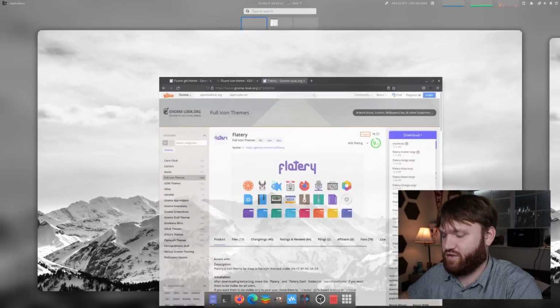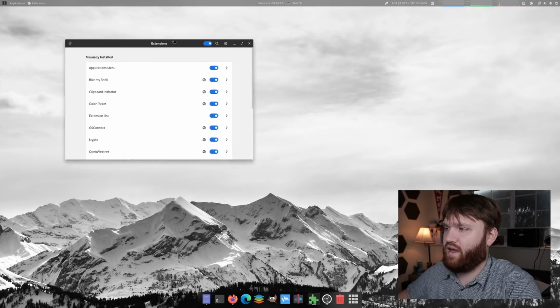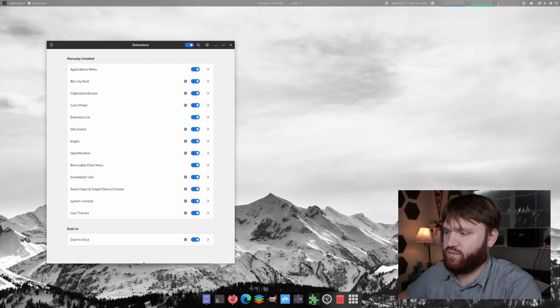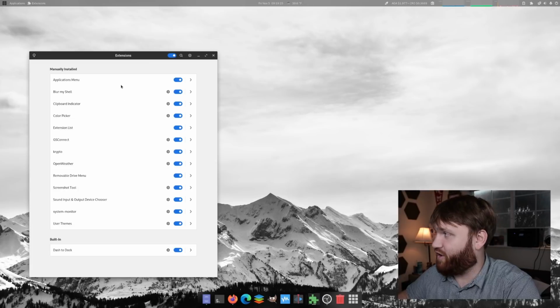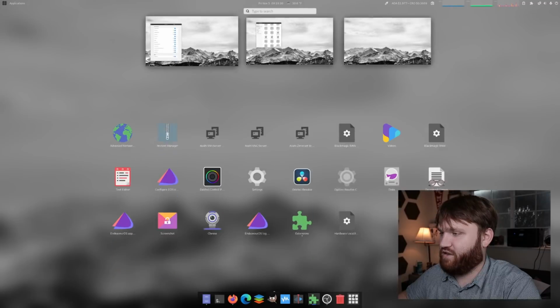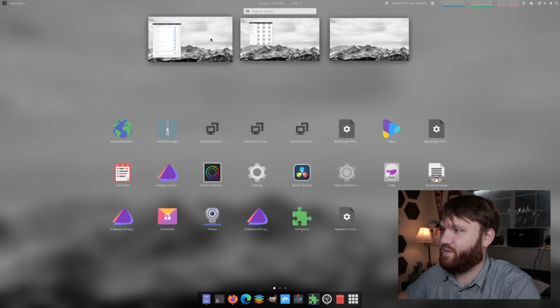So now with that said, I'm going to show you the extensions I have going on here. And we do have quite a few, not too dramatic, but a good amount to make a very good experience over here on GNOME 40. First of all, we have our applications menu. So you saw if I go ahead and hit down here, show applications, I can actually view all the applications as well as my workspaces.